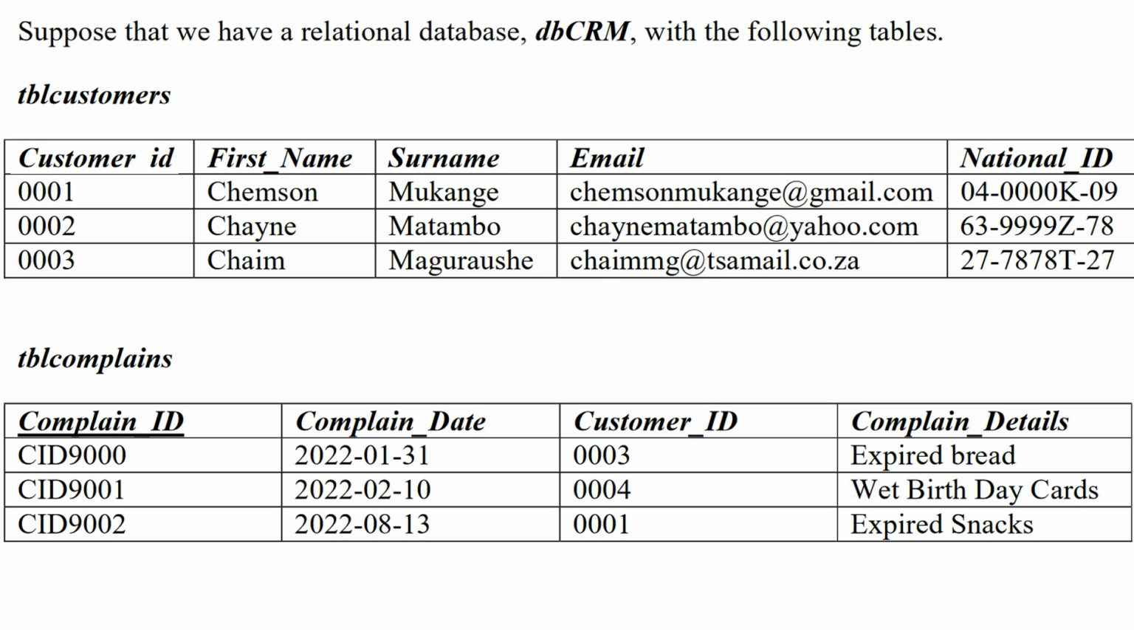Email. Possibly we can use email because no two people or no two clients may use the same email. Therefore, email address is a candidate to become a primary key. National ID. No two people can share the same ID. Therefore, it's a candidate. Therefore, we have three columns that we can possibly